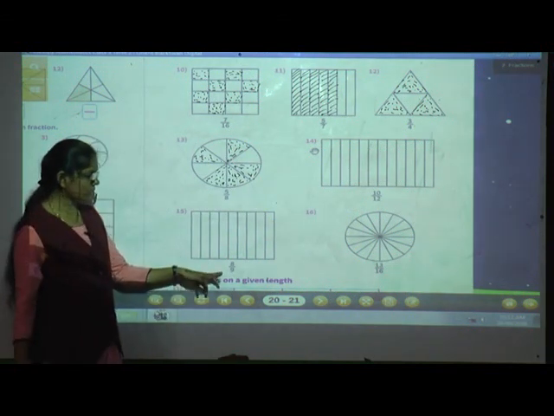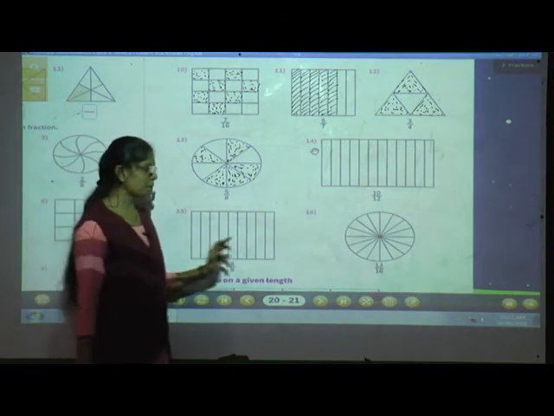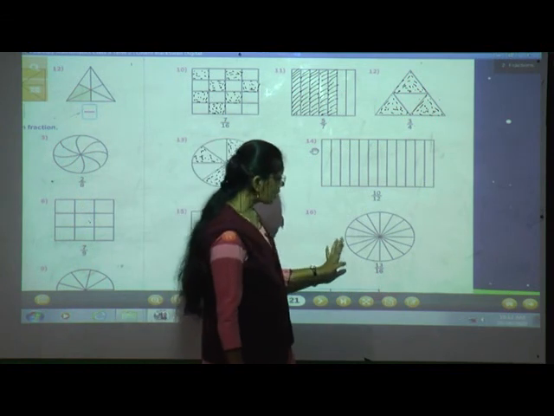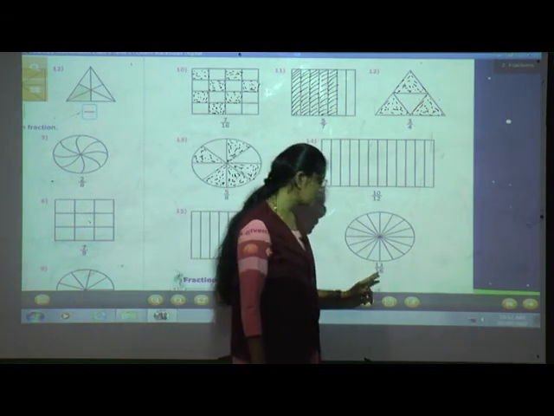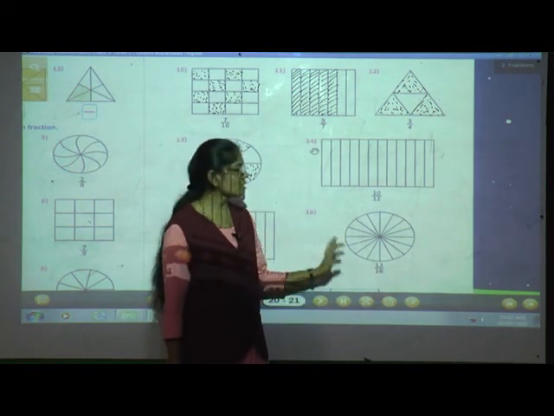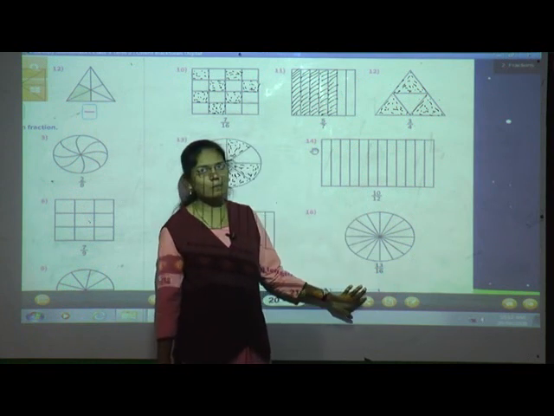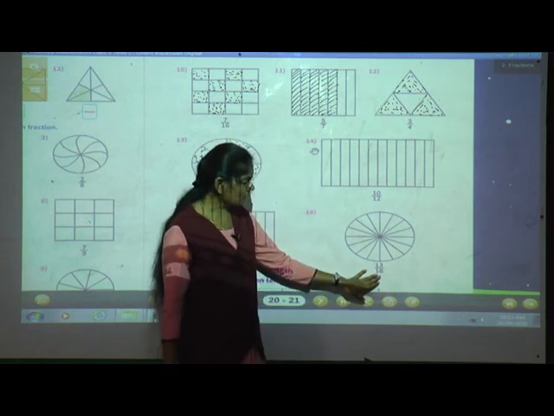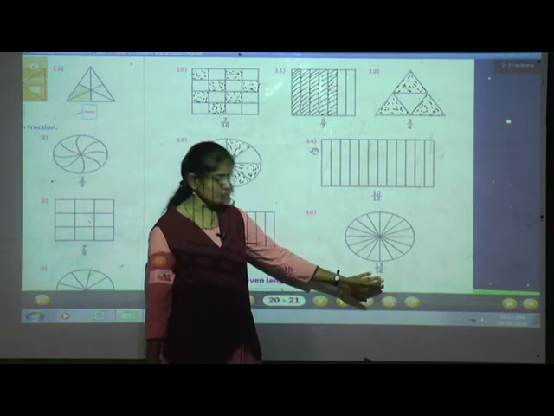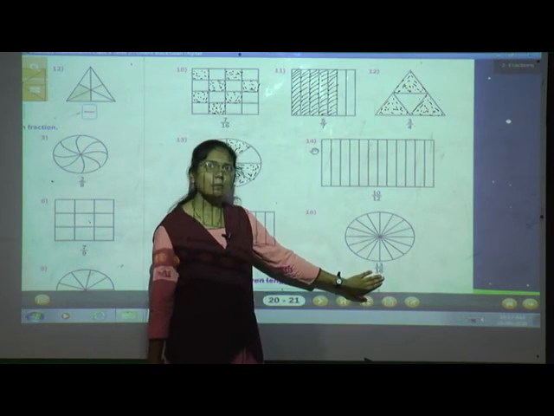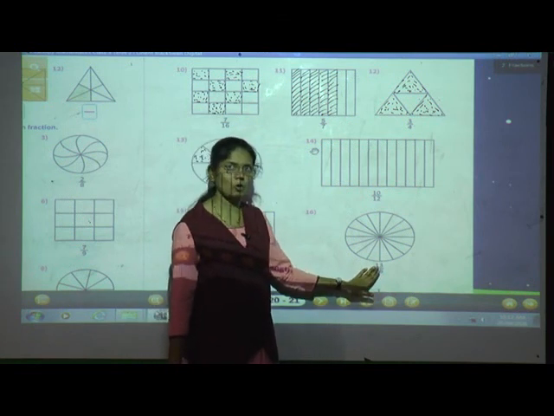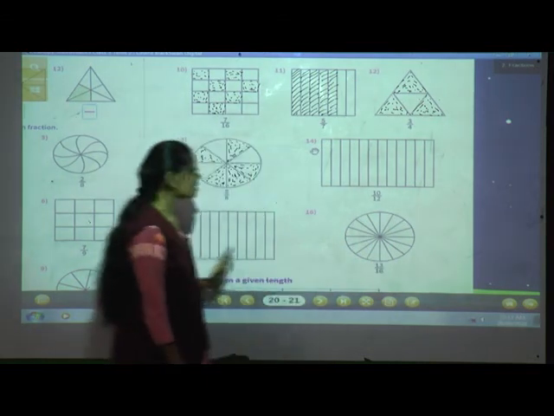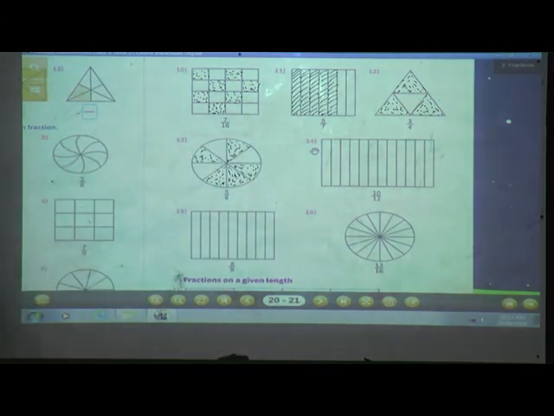See this next example, that is 8 by 9, means this whole is divided into 9 equal parts, and out of that 9 you have to color 8 parts. Okay, and the last example, that is 13 by 16, means this whole is divided into how many parts? In 16 equal parts. Then out of 16 parts, how many parts will you color? You will color 13 parts. Okay, so color all the given parts and complete the exercise